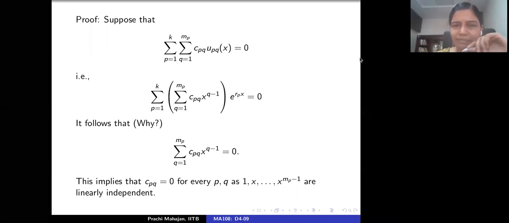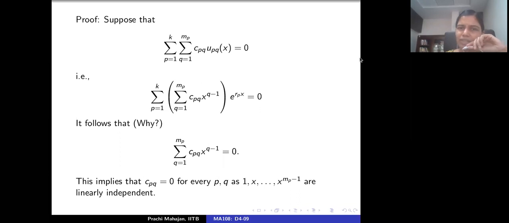But these A's are functions of x. Had the A's been just scalars, then you could use what you are saying, right? Linear independence of the exponential functions when r_1, r_2, through r_k are all distinct, it will fall through. But as you said, this A is a function of x here, so one cannot directly appeal to the linear independence of the exponential functions alone. Do you follow this point?